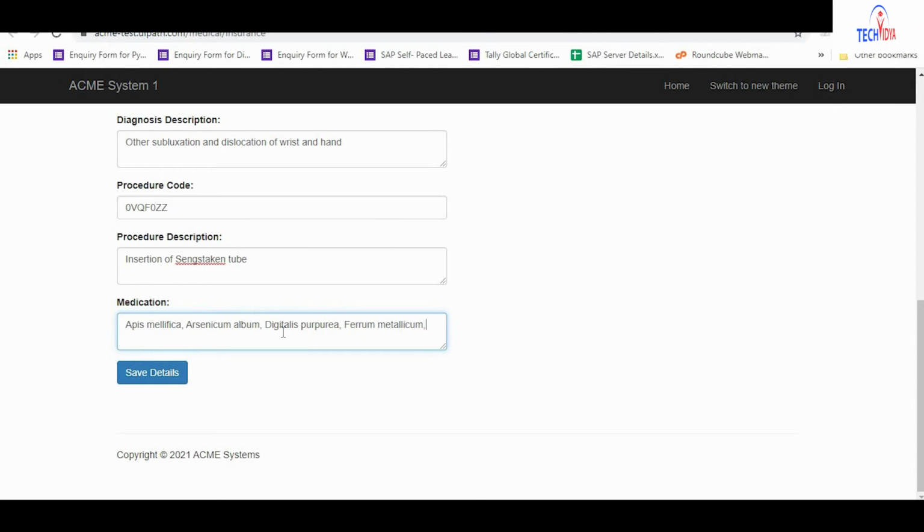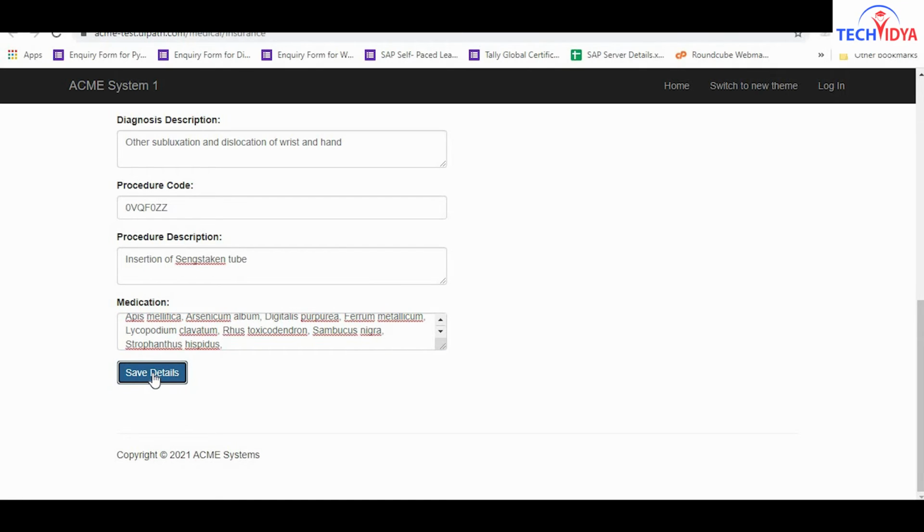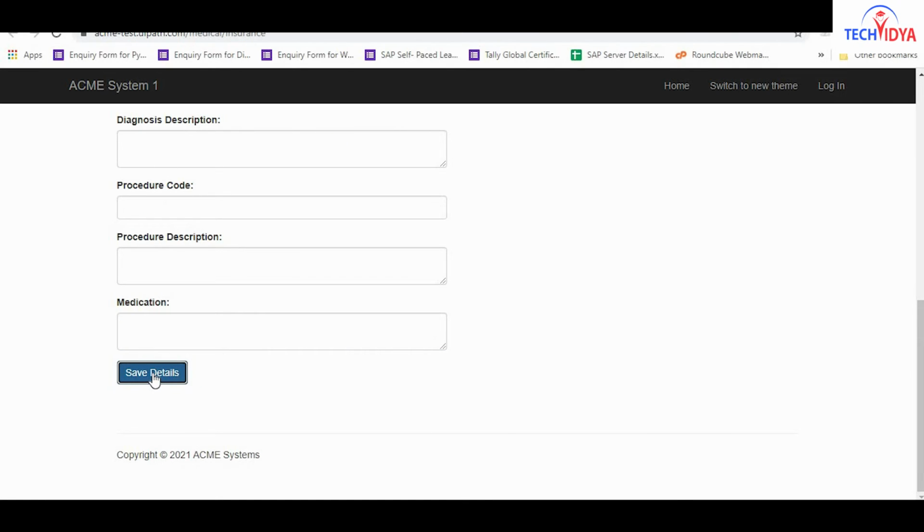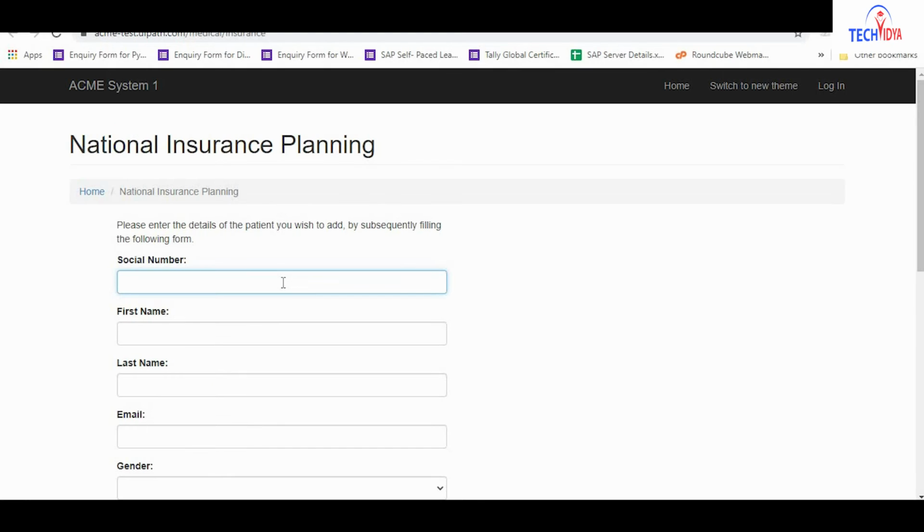So this is a daily task for a person, to enter the treatment report into the national insurance plan form for the patients who are enrolled for it. By using this technique, that is robotic process automation, we can improve the efficiency of the work in less time.